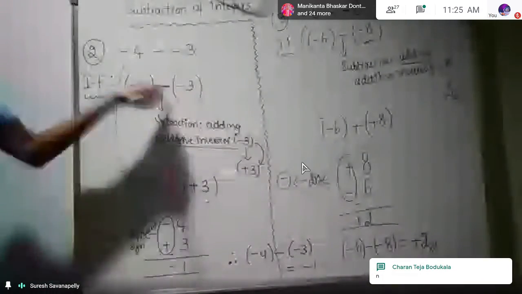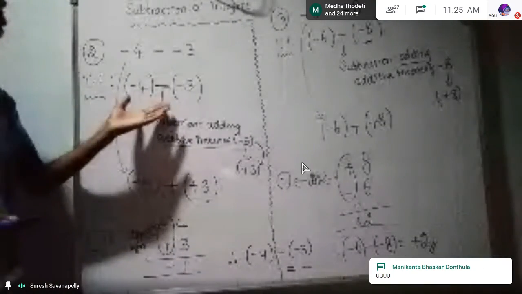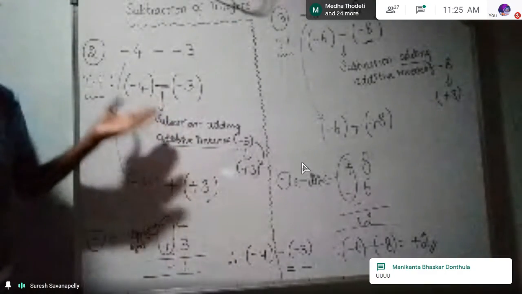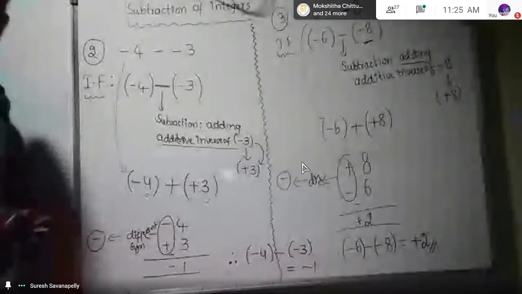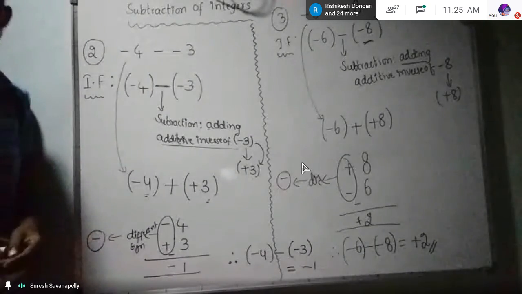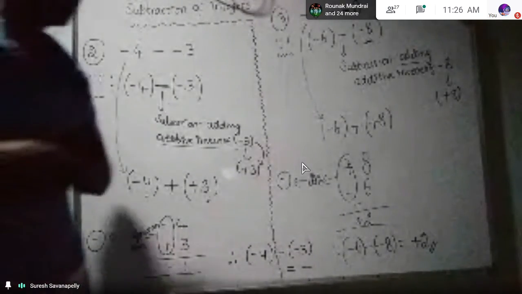So in subtraction, you simply can't decide it. You make that subtraction into an additive inverse, because subtraction means adding the additive inverse. Then predicting the result is easy. Okay. So we have done the best part of the important points.